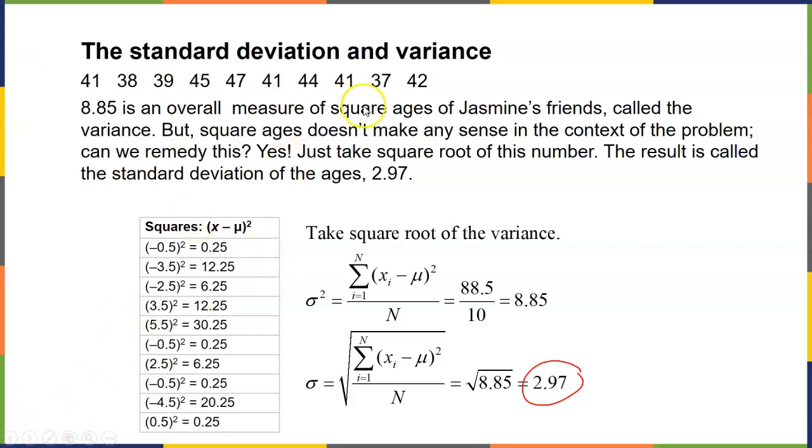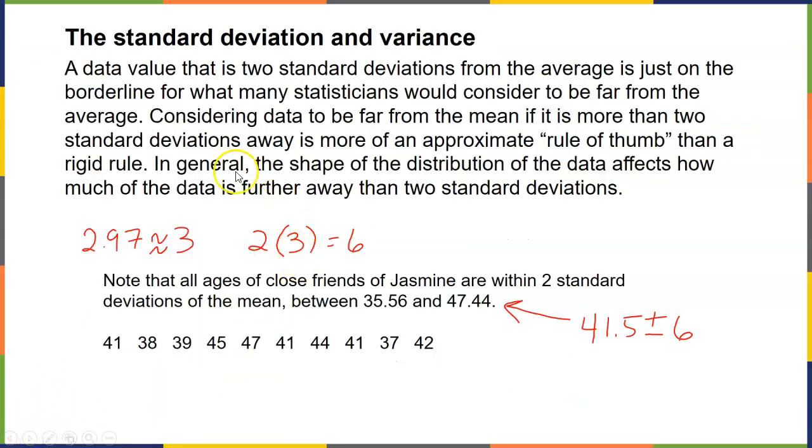And you'll recall that when we started this example, we said that Jasmine has exactly 10 friends. So this is the population of her friends. But then we switched up the problem. Oh, before I tell you that,